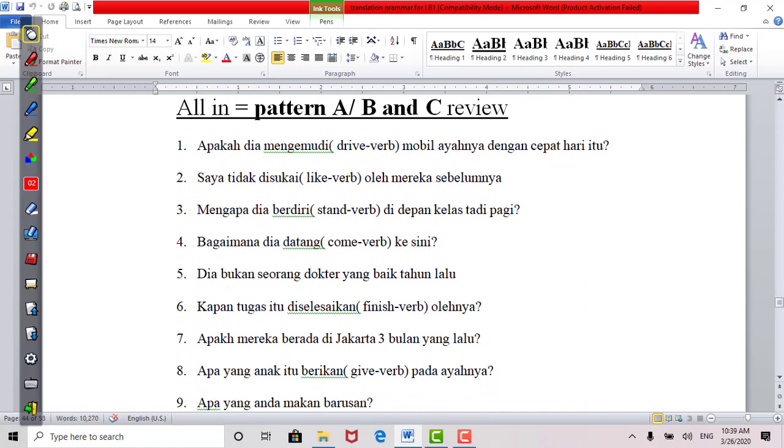You have to answer at home, but I will help you for number 1 and number 2. I give you: Apakah dia mengemudi? Was he, this drive, verb 1, you have to change it to verb 3. Was he driving